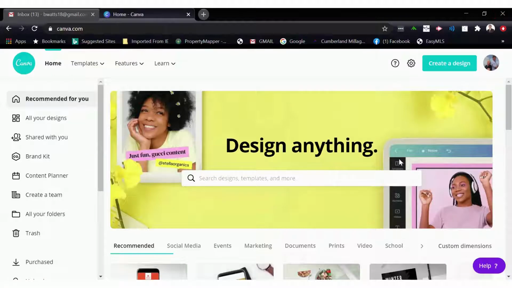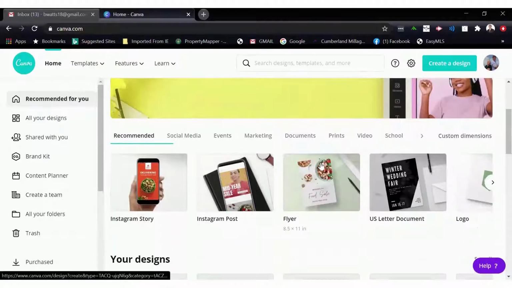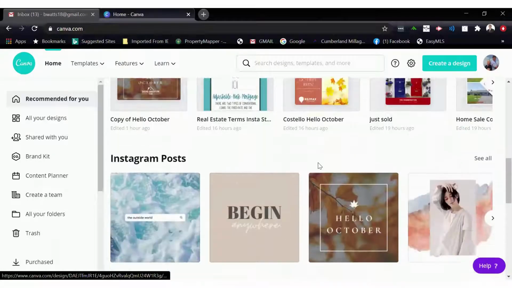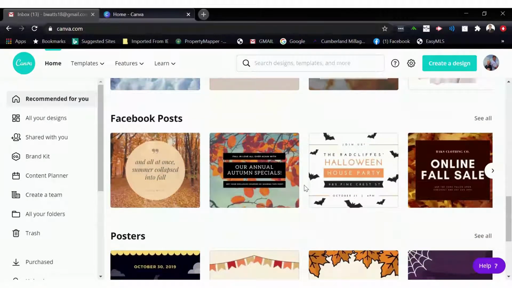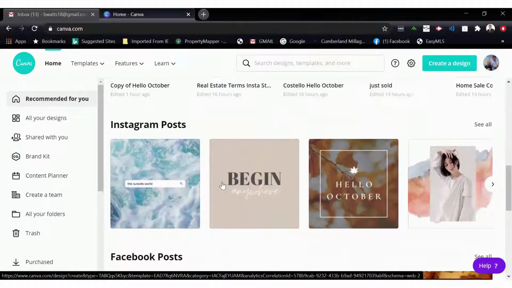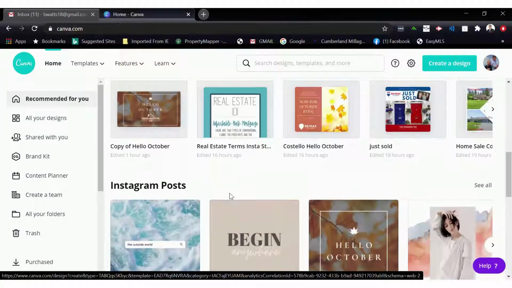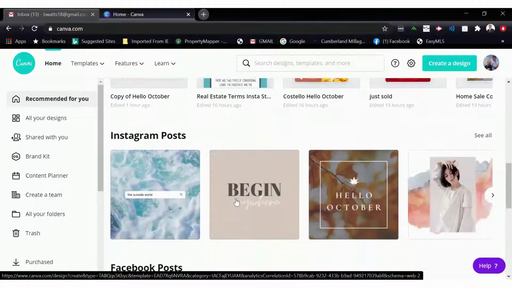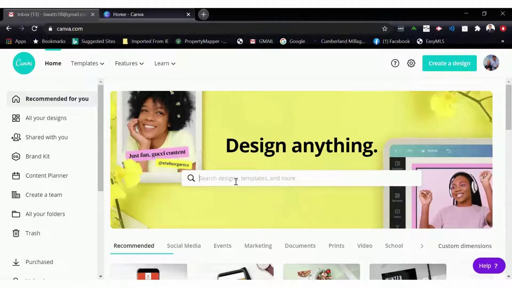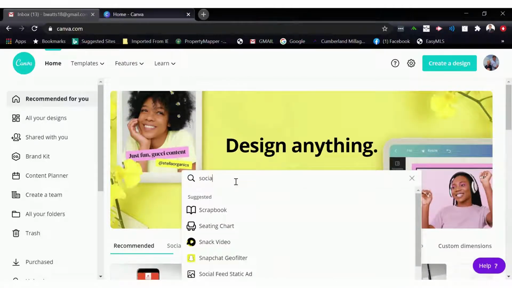Okay, so when you log in, this is my home screen, and this is everything that I have done. And this Facebook post, Instagram post, these are just templates that you can use just by clicking on them. What I like to do is start here and search on social media and choose this one, because if you